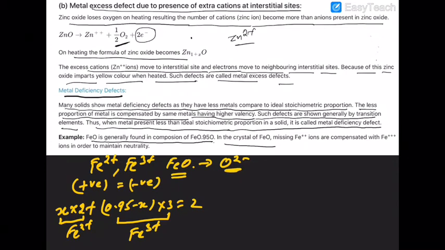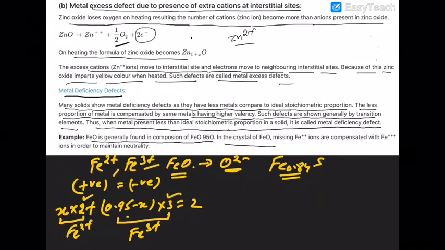So whenever some non-stoichiometric formulas are written like Fe 0.84 sulfide, it means it is also a non-stoichiometric compound. But whether a compound is stoichiometric or non-stoichiometric, it is always an electrically neutral compound. Total positive charge is equal to total negative charge. So it contains 100% oxide ion. So 100% means the total negative charge is -2. So total positive charge should also be equal to +2. Fe2+ carries a charge of +2 and Fe3+ carries a charge of +3.